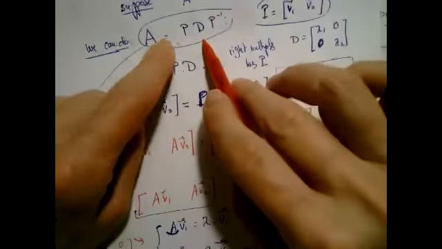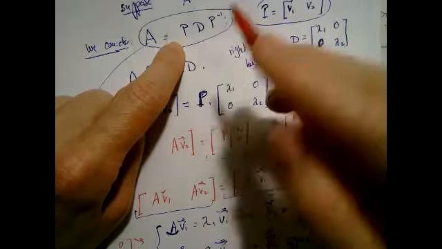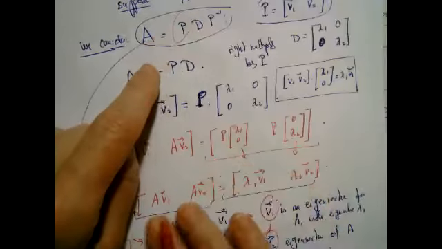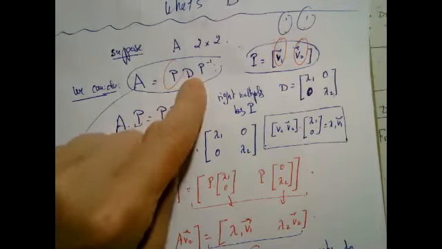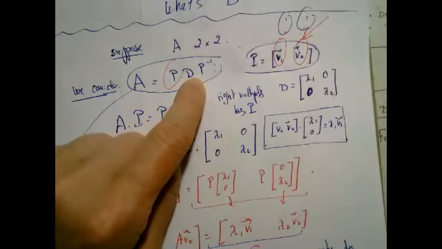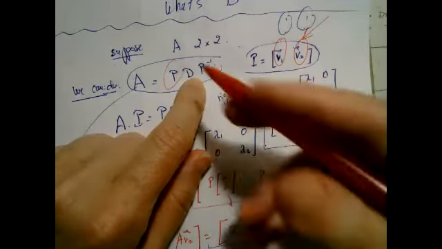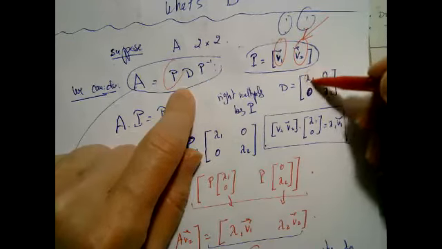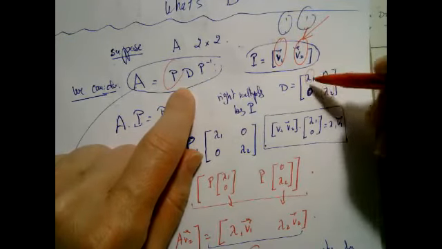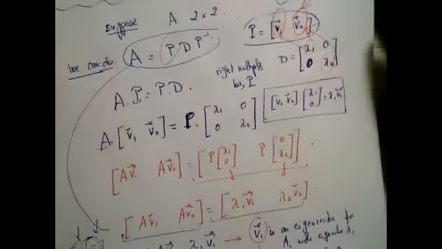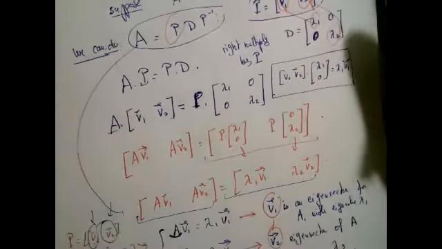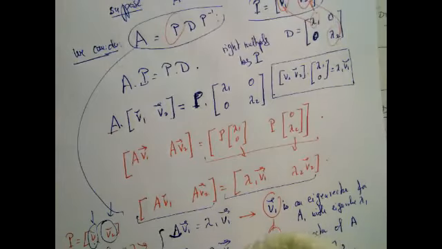So if I can factor the matrix this way, this matrix P will have eigenvectors as columns. For it to be invertible, those have to be linearly independent. Otherwise, we cannot invert it. And the terms along the diagonal of D are going to be the eigenvalues that correspond to V1 and V2. And that will be the content of our major theorem today before we apply it. So the theorem,